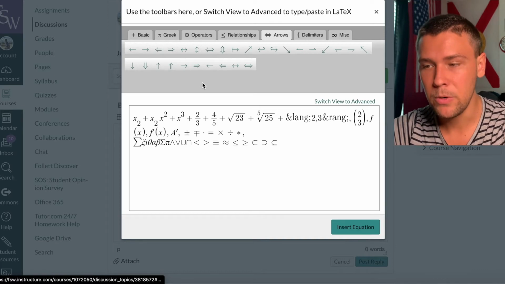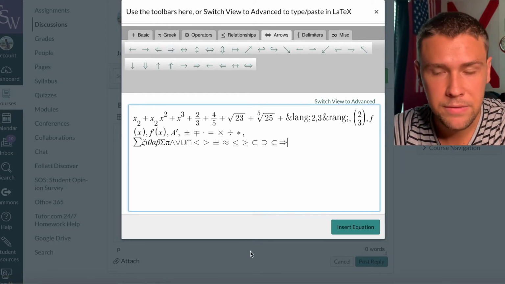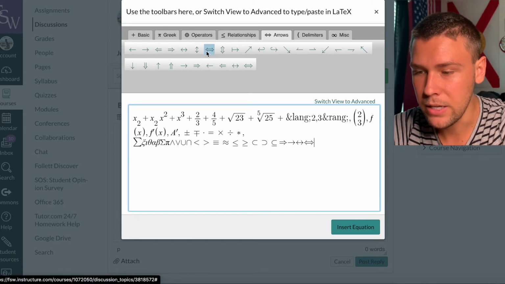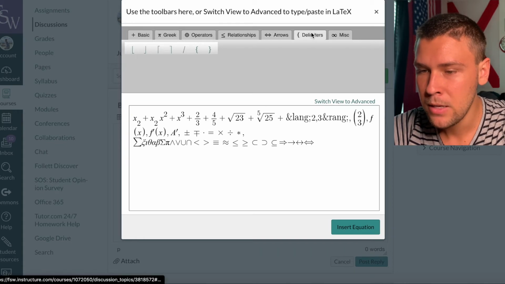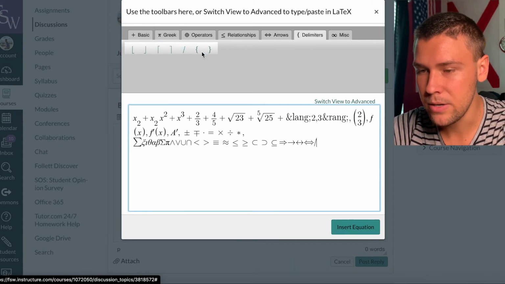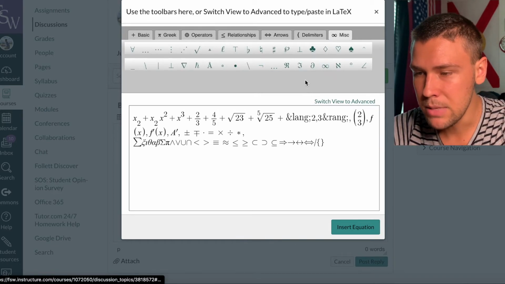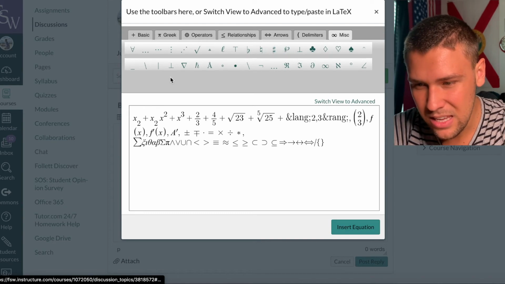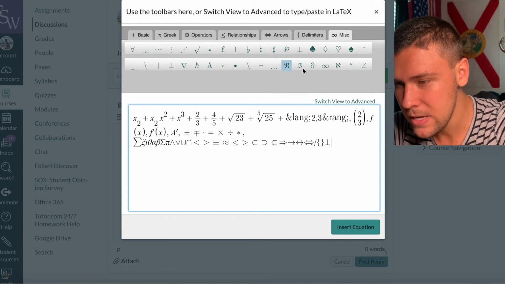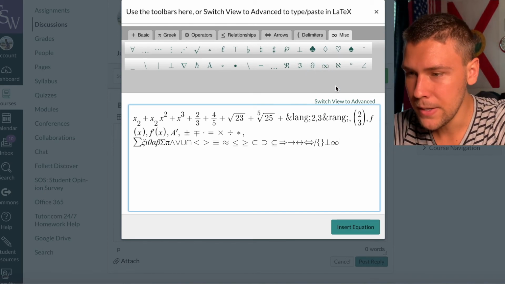Here's your arrows. You probably won't use really any of these except for maybe like that one. That one means if then, or you can also use that one, same kind of thing. Or if and only if you're getting fancy with the double arrow. Delimiters, I don't think you use any of these, except maybe these 3, but these 3 are on your keyboard, so whatever. And then misc in here, I don't think you'll use anything in here really ever, except maybe this means perpendicular, if you want to be fancy. And here's the infinity symbol, if you need to talk about infinity.